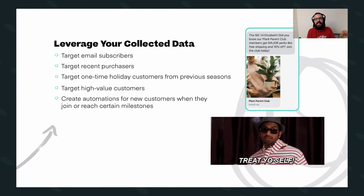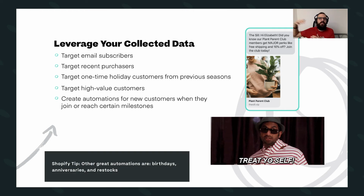The second piece is that you can also create automations where anytime that somebody joins, anytime that somebody hits a certain milestone, they get a drip of SMS messages to further nurture them and to further extend that relationship. Because keeping those customers in love with you and in the channels that they want to hear from you is